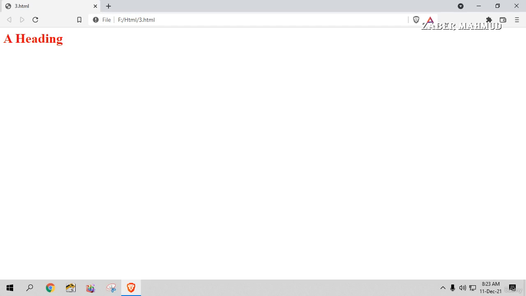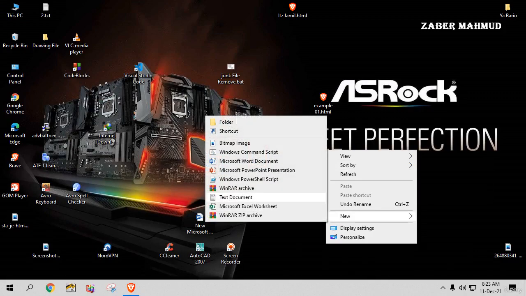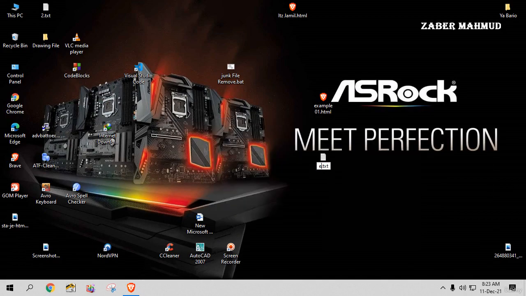Now we see another example. Here the title name is 3.html and the body is a heading with red color. So I again go to new and text document and name it example 2